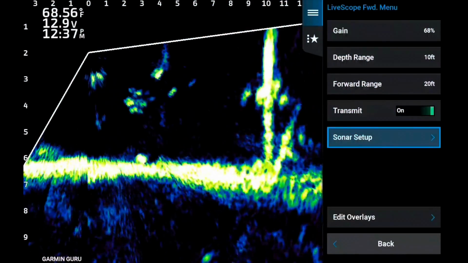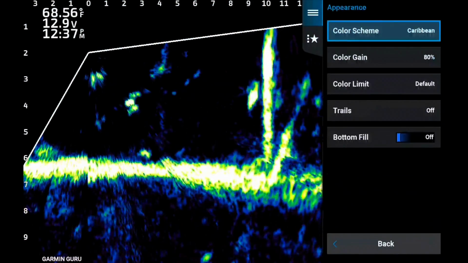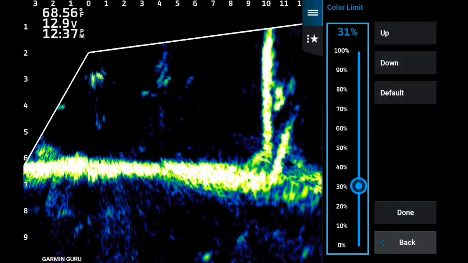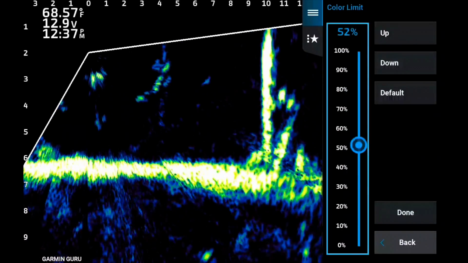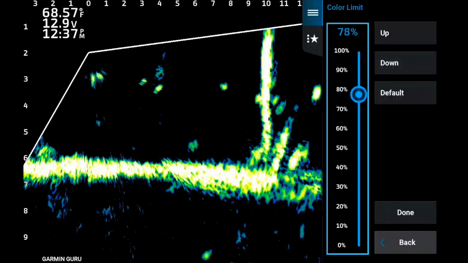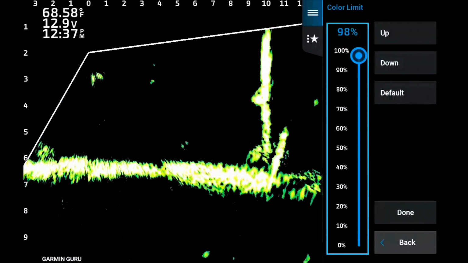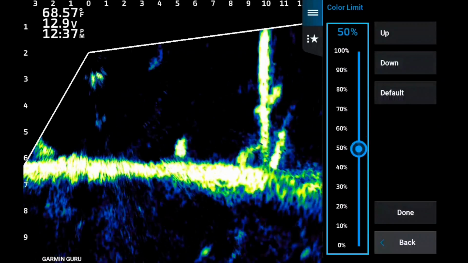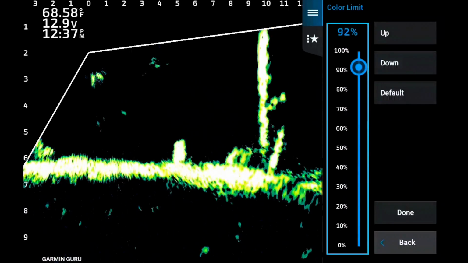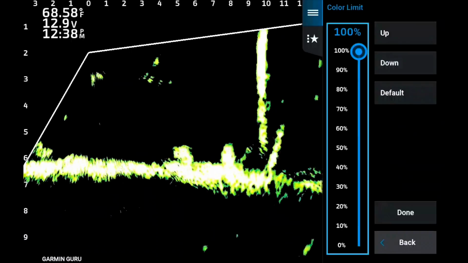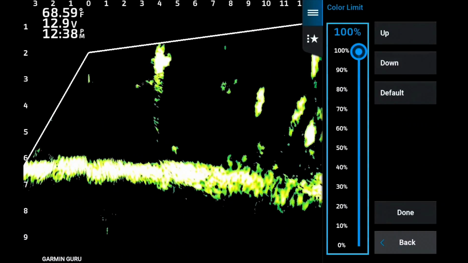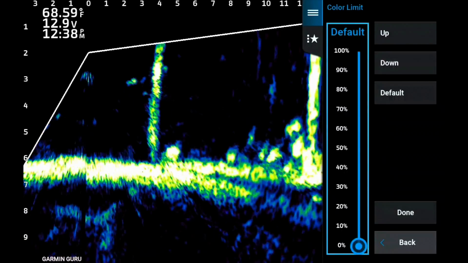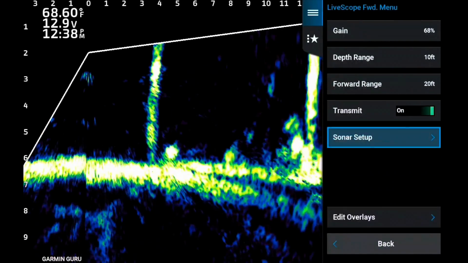All right, so we're here in the Caribbean color palette. Now, I like when you change color palettes, seeing all the different hues of colors, and it helps tell the intensities and things like that. But notice as I turn the color limit up, the one thing it does is it takes away all the different colors and color levels inside of each color palette. And what that does is, to me, that eliminates being able to see the different intensities,